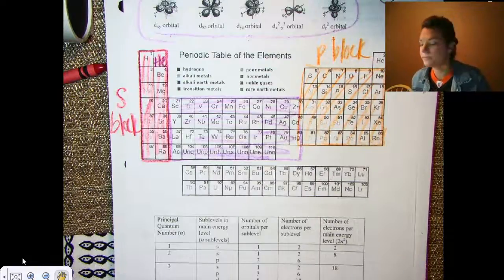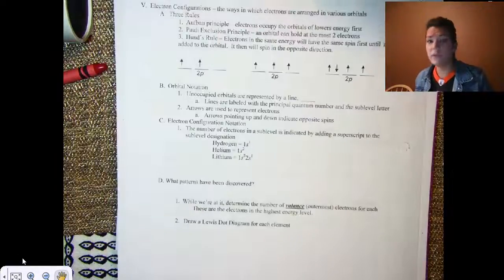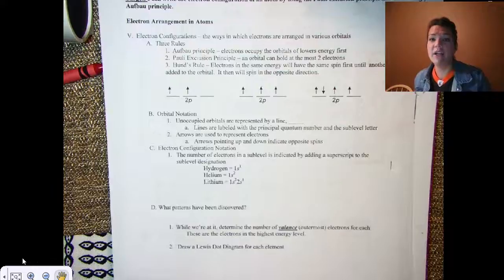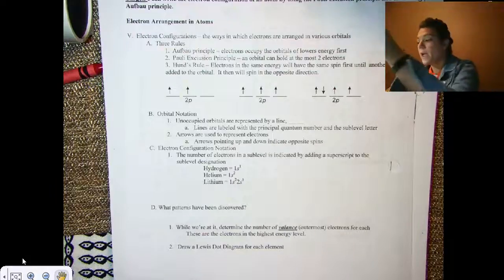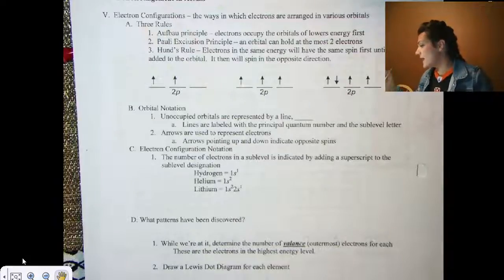Okay, so if we were to look at the back side of this on page 80, we're going to start talking about electron configurations. Now in the past you've dealt with something like Bohr, where you would say, if I have a lithium atom,